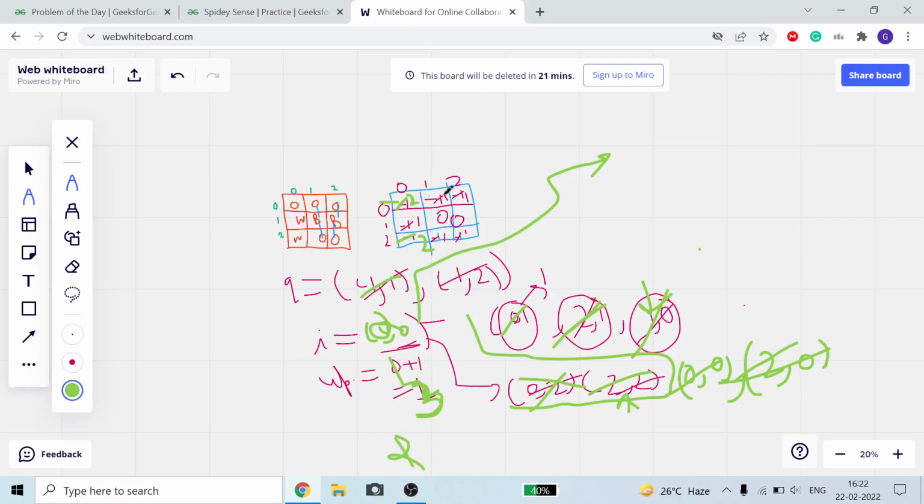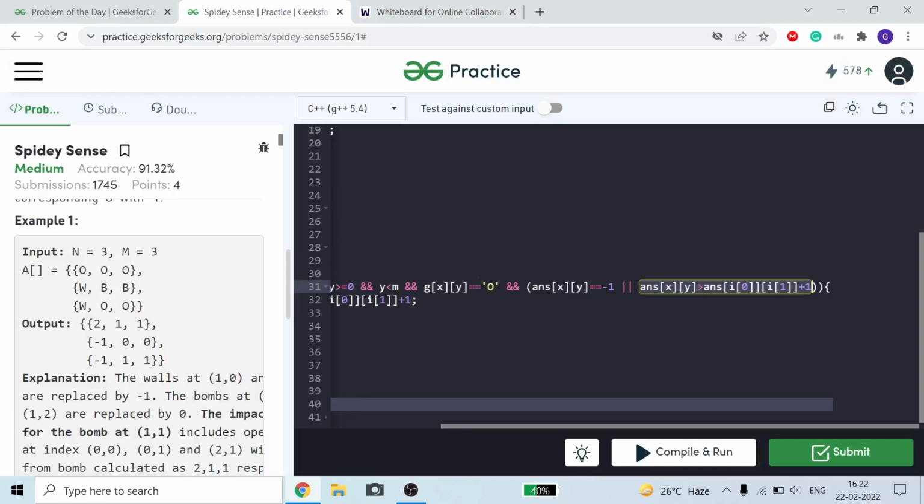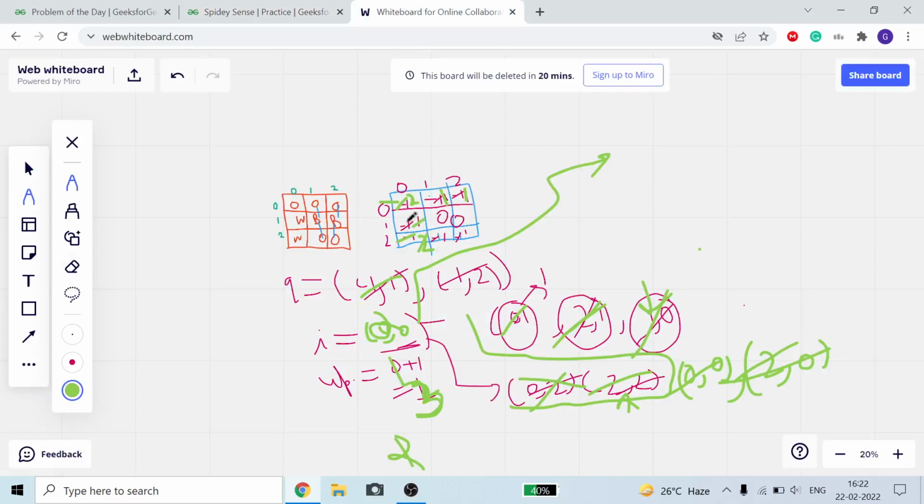I hope you all understand. This is 1, this is 1, so these will not affect anything, because I forgot to check this condition here, but it doesn't matter because the code will check it. So these remain -1, so our updated array should be 2 comma 1 comma 1 comma -1 comma 0 comma, and so on.